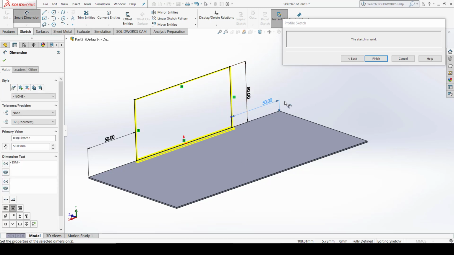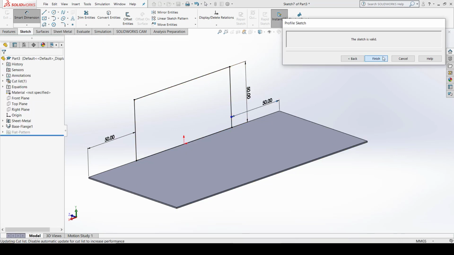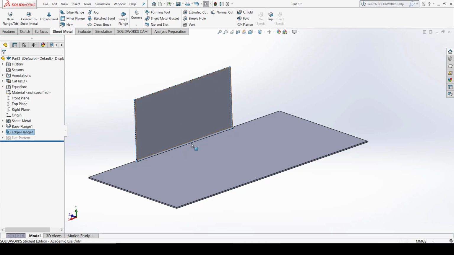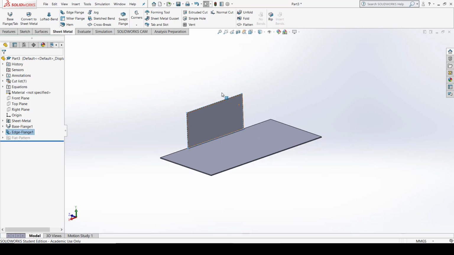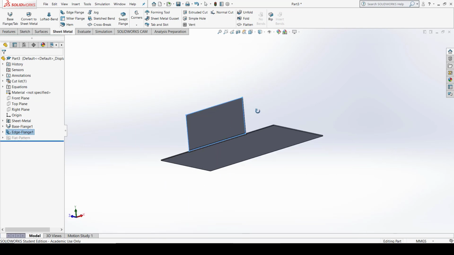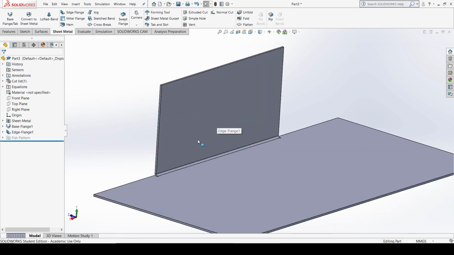Okay, so this is how you can define all the things, and when it is fully defined you just finish this option. So you can see your flange is edited to a certain value. Otherwise, the entire flange would occur from this point to this point, but as per the requirements you can change the amount up to which you require the flange.